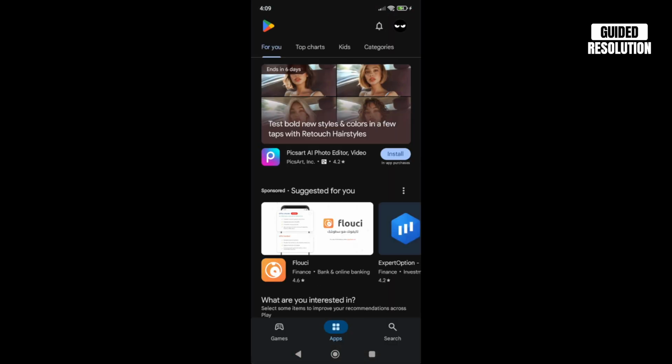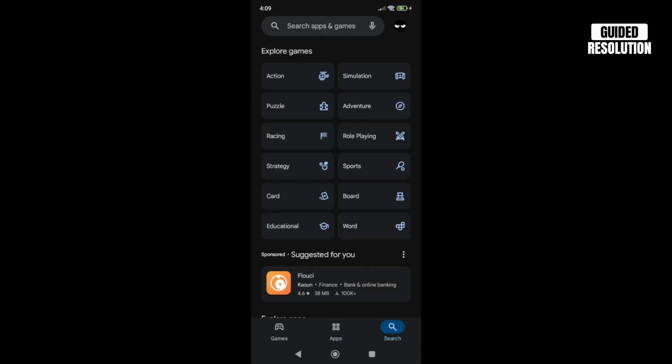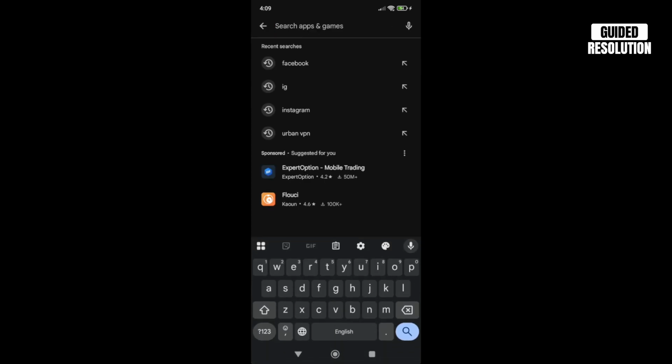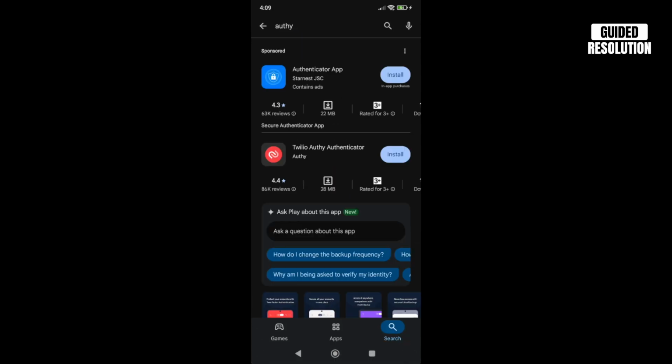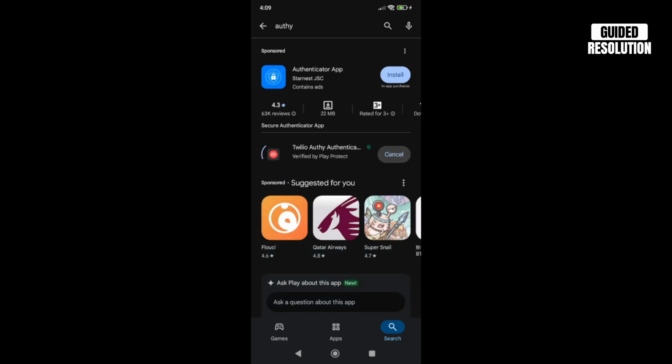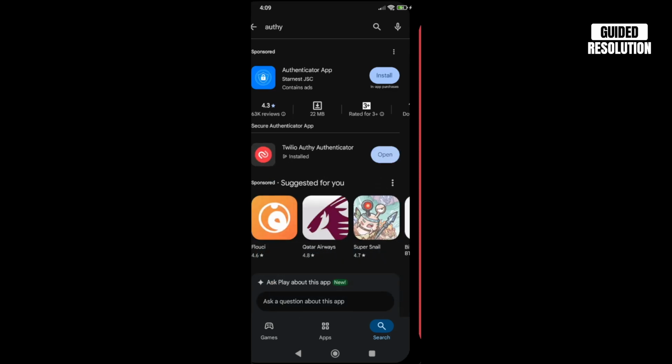then you will need to download an app which is called Twilio Authy. So you want to type Authy like this and then search for it. And as you can see, this Twilio Authy Authenticator, press on install. Now once it's installed, you want to open the app